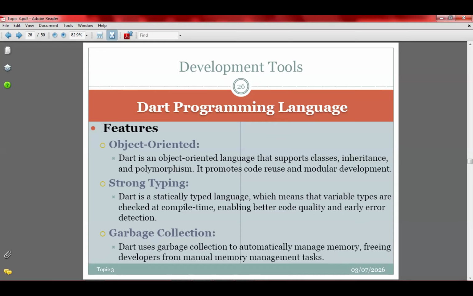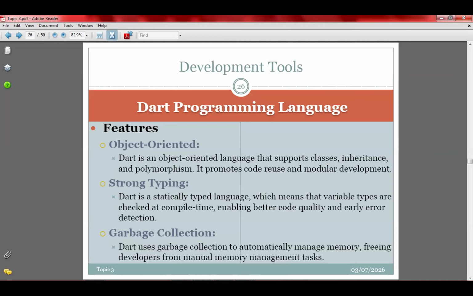Whenever you use Dart to create variables, the variables are assigned values before the program compiles and executes. There are some programs where you assign the values when you are executing. That's what you call runtime binding: as you execute, then you assign the value. But compile time is when the values are assigned before you compile. So if you need to change the values in the variable, then you must go back to the code. That's what you mean by compile time binding.